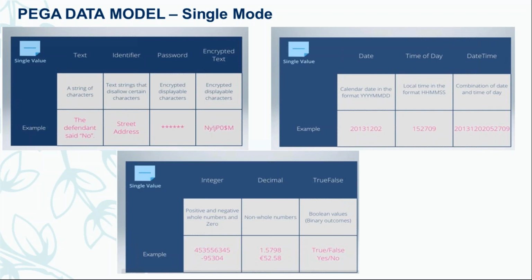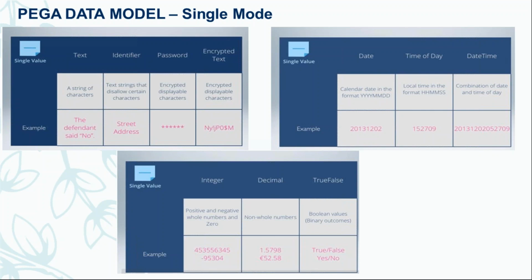And then there is identifier. Identifier will contain things like a carrier or a reference value, something we don't want to use as plain text, so we use identifier for that. If you want to use a password, password is nothing but where normally the user wants to enter the password, and that will be encrypted, so nobody can see it. At that time we use the password type of property.